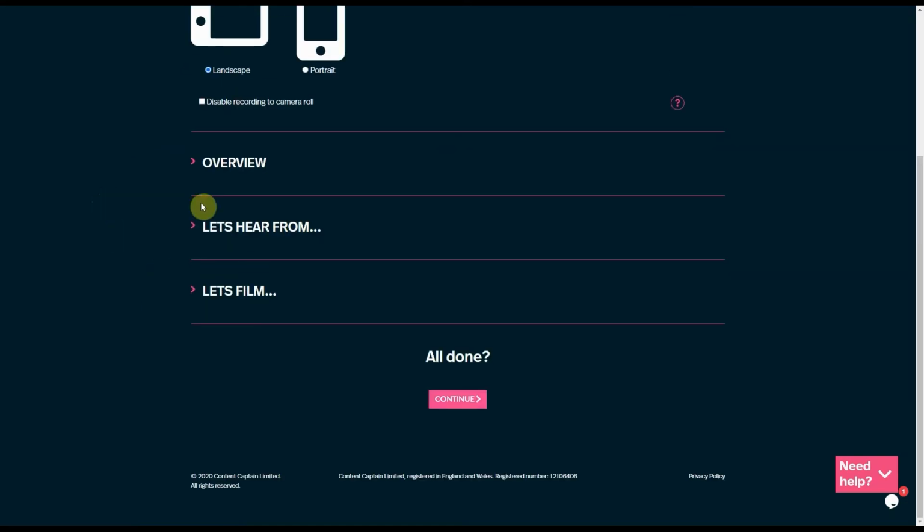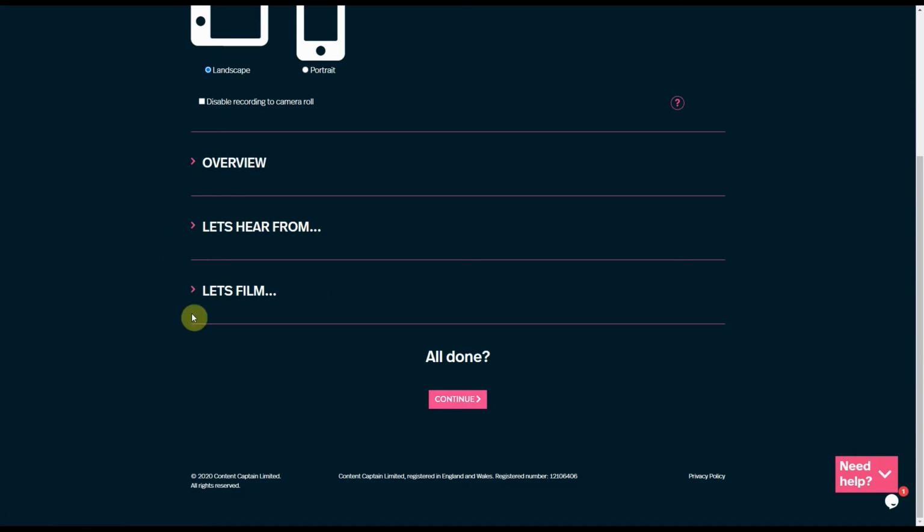Okay, so then you can create interview tasks, which is where you set up questions you'd like to be answered, and general shot tasks. That's where you can ask people to film specific shots and sequences. Remember, this is a tool for gathering building blocks of video content that you'll put together and edit together later. You can have a project that's a mix of both of these, or that's just interviews, or that's just general shots. It's up to you.